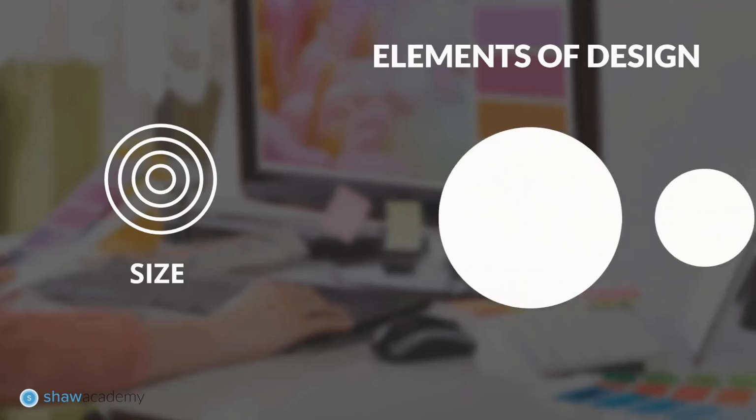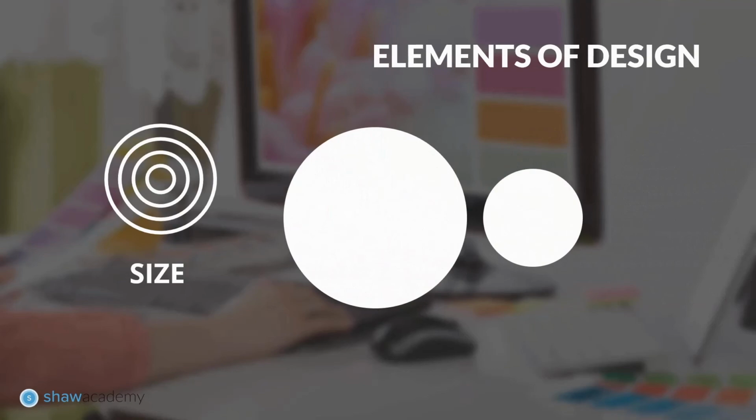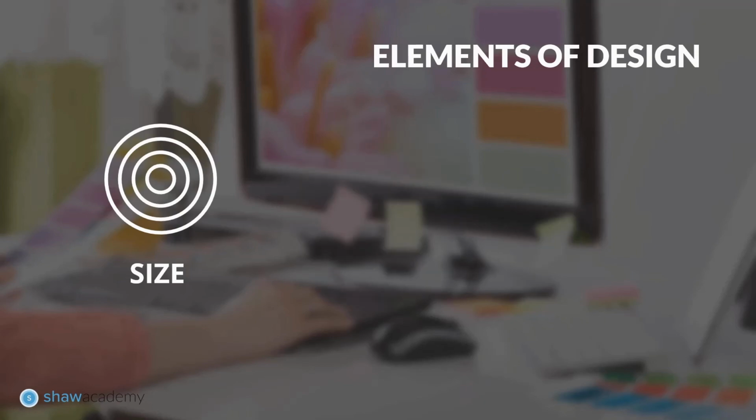Moving on, the next option shows us that the circle on the left is way bigger than the circle on the right, where in fact the circle on the right has constantly been the same size. It seemed big at first, but after adding an even bigger circle, it seems quite insignificant now. This proves our point that size is relative to other elements.